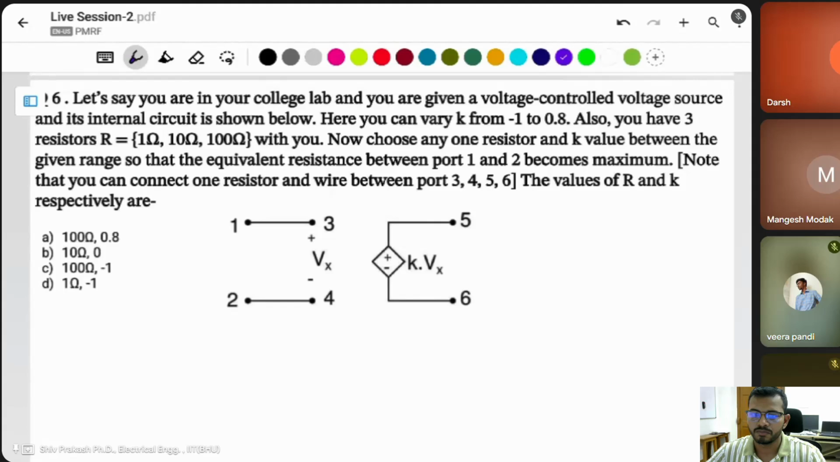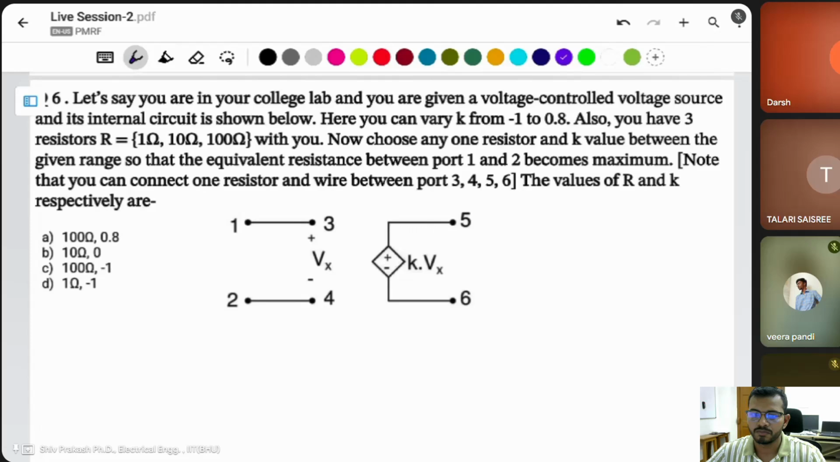Let's say you are in your college lab and you are given a voltage controlled voltage source. It means there is a voltage source controlled by the voltage. Here you can vary a K from -1 to 0.8. Also you have 3 resistors: 1 ohm, 10 ohm and 100 ohm with you. Now choose any one resistor and K value between the given range so that the equivalent resistance between port A1